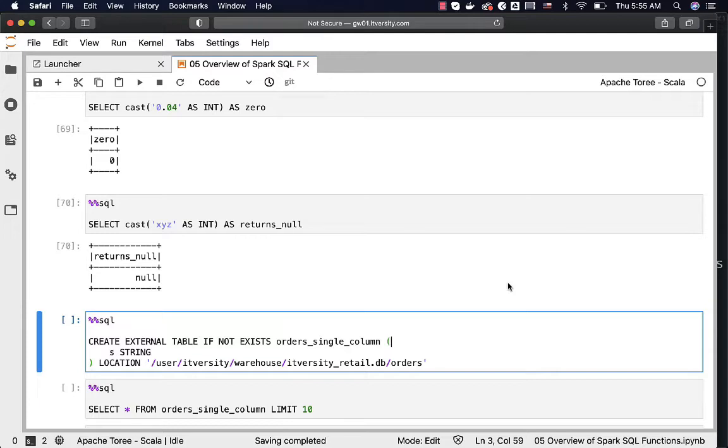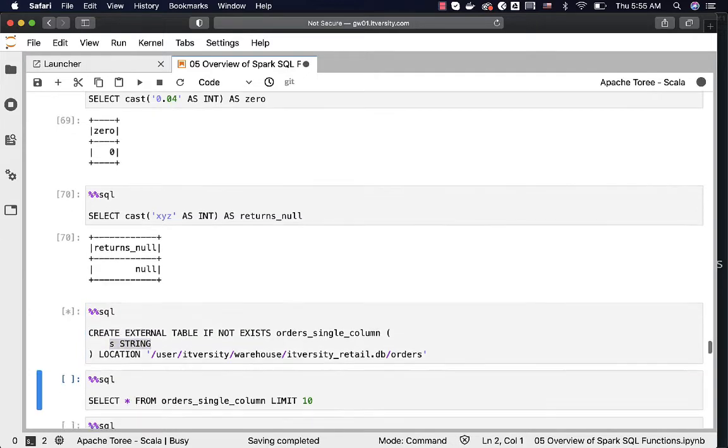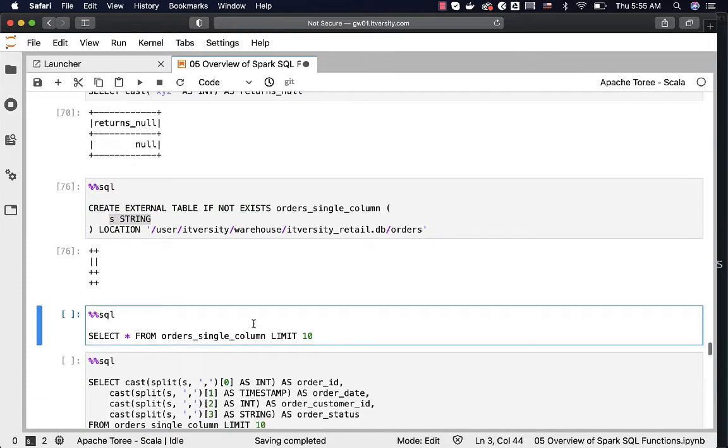In this case, I do not have fixed length records. I have comma delimited records of orders. I am creating a single column table out of that orders dataset, and hence the column name is yes and data type is string. By default, with respect to the text file, the delimiter is ASCII null. However, our data contains comma, and hence each and every column value will have our original order record with comma delimiter between all the values we have in each and every record. Let me quickly create this table,